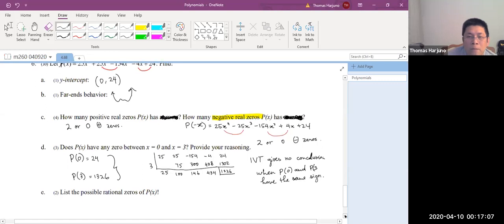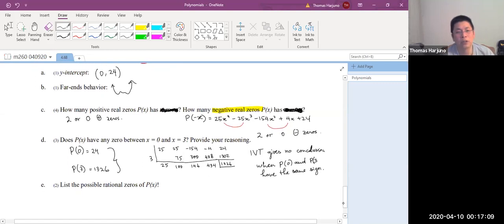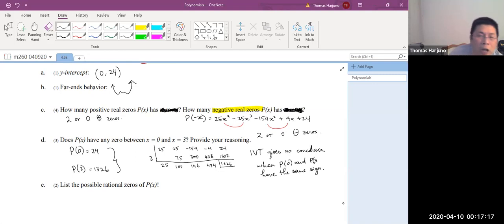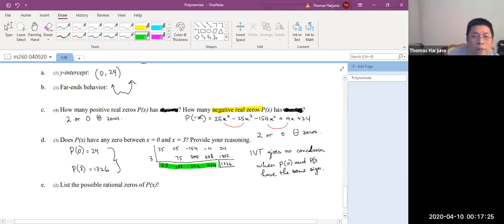Okay, so we don't know if any zero is between 0 and 3. However, the reason I asked you this question, and the reason I would like you to do synthetic division for P(3), is that notice on the last row, it's all positive, right? Now, in part E here, let's list